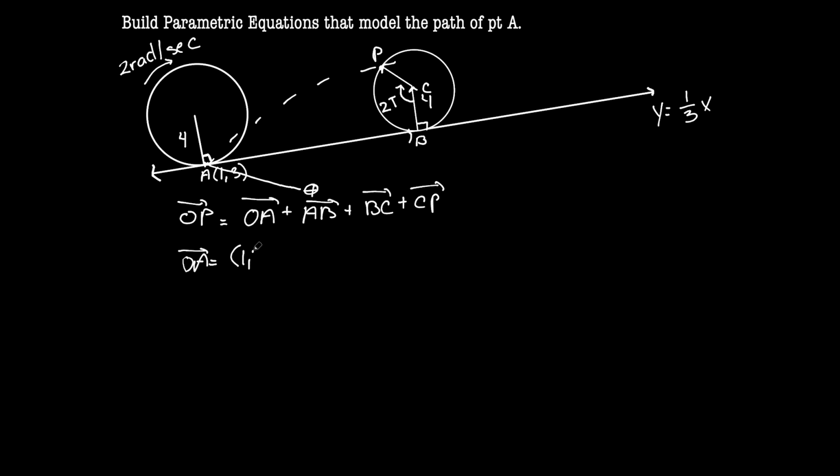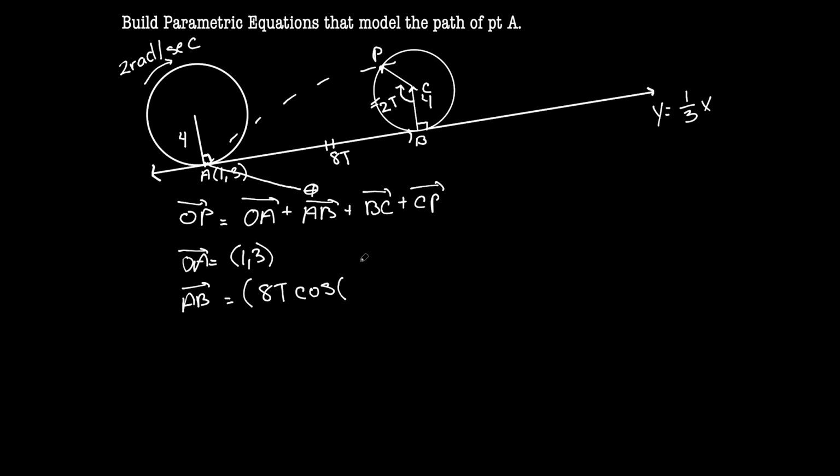So now we're looking at AB. Well, we need to figure out its length. So we know that the arc length, the distance, is equal to the theta value, so 2t, times our radius, which is 4. So this is going to be 8t. So there we go, that's our length traveled. So we know it's going to be equal to 8t